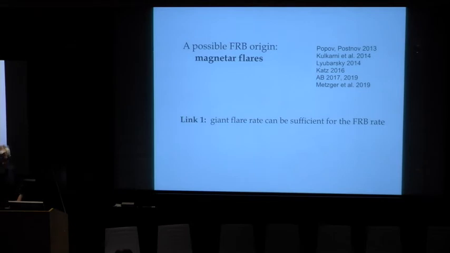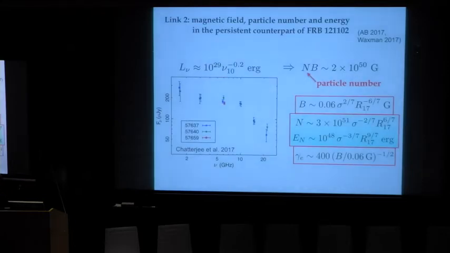So I'll focus on the specific version of the FRB model, which assumes that the source is the magnetar. There are two links, just to remind you. One link is just the rates. It's not easy to come up with a source population that produces FRBs as frequently as we see. Magnetars can do that. Giant flares from magnetars can do that. The other link is the